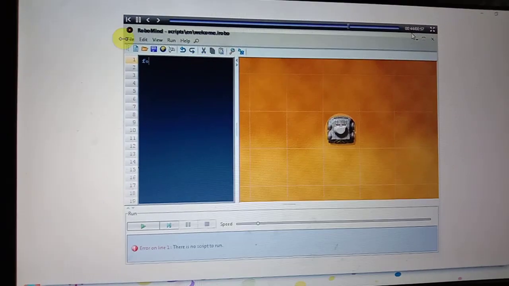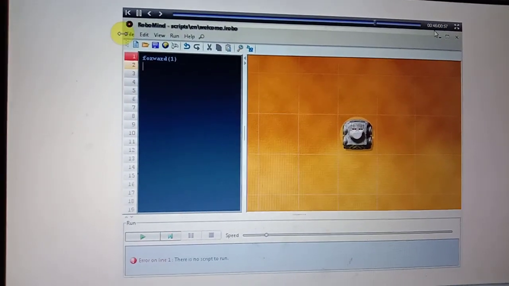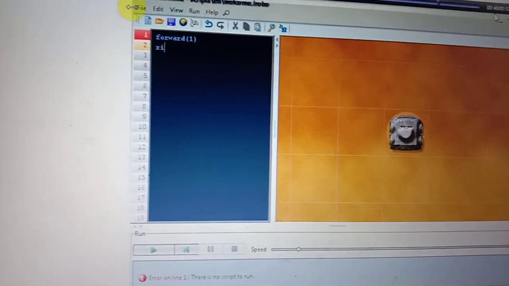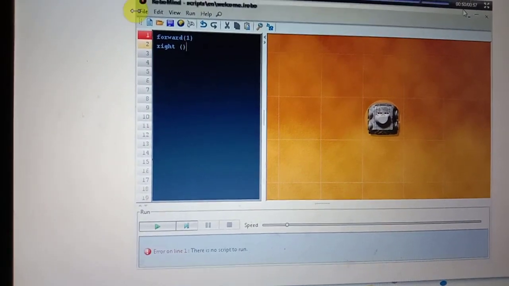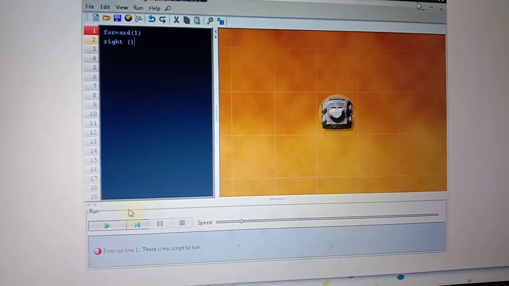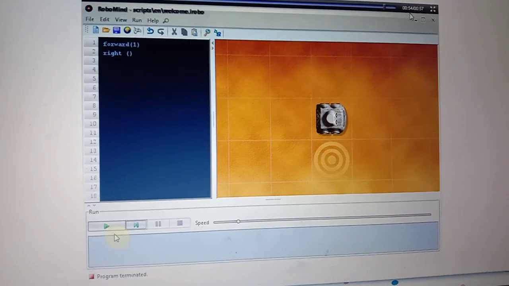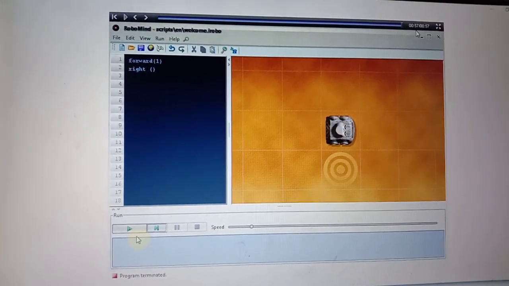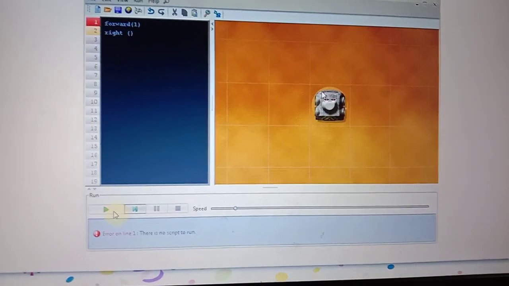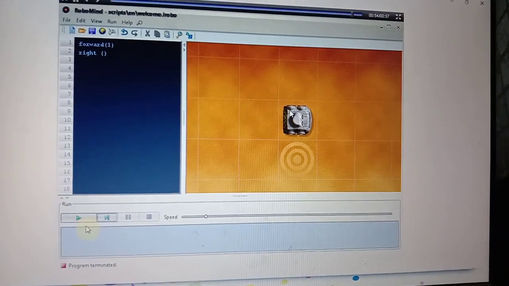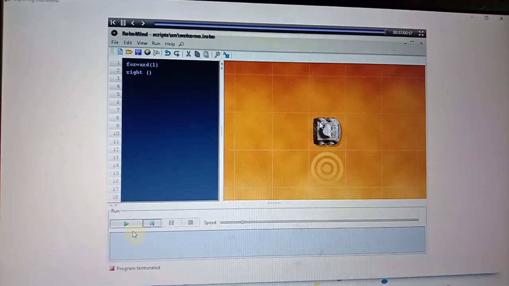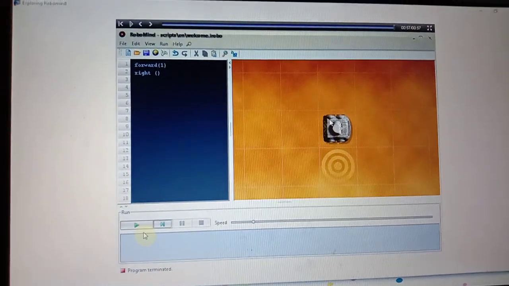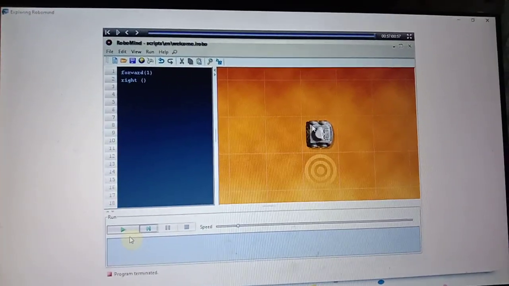And you can type any coding here in a script panel, that is the commands to run. See here, forward, right. See how your robo is moving? It's a forward 1 step. Again I am showing, see here, forwarding. Okay, it's forwarding and again it's turning right side. Okay. Now open a TB, children.